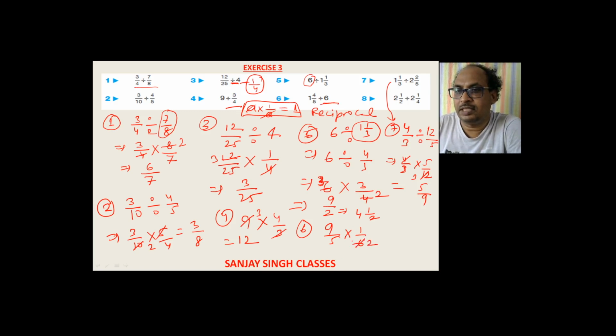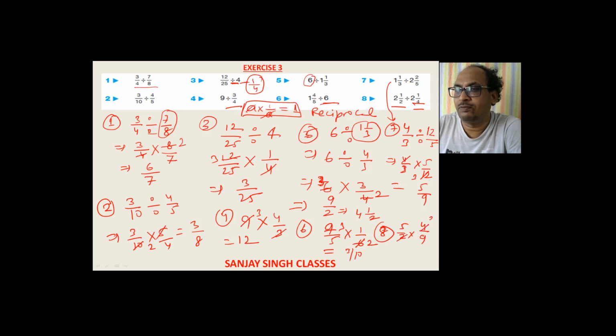So 3 2s are 6, 3 3s are 9, and it is giving to us 3 by 10. Question number 8: here it is 2 2 by 5, so it will become 4 1 5, 5 by 2. So here it is 5 by 2, and this has become 9 by 4. 9 by 4, if we have converted, it will become 4 by 9.